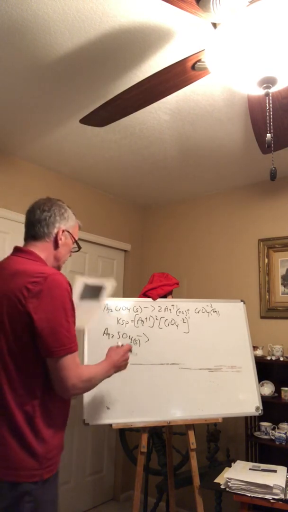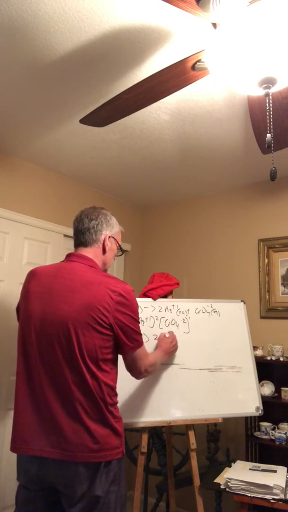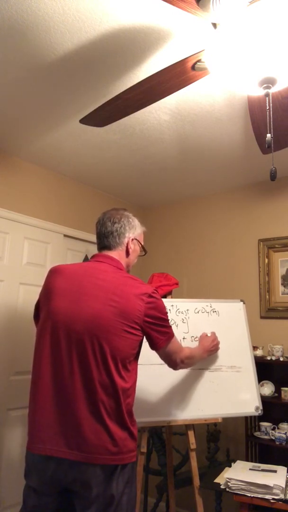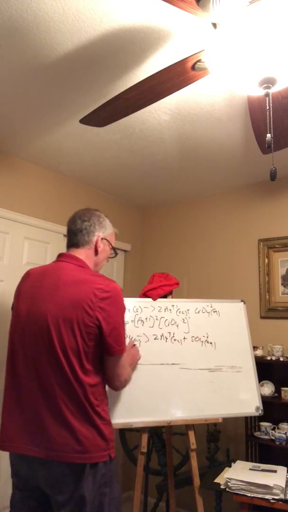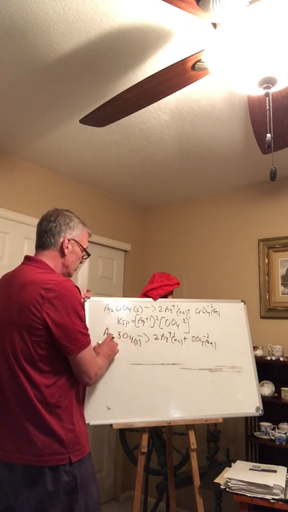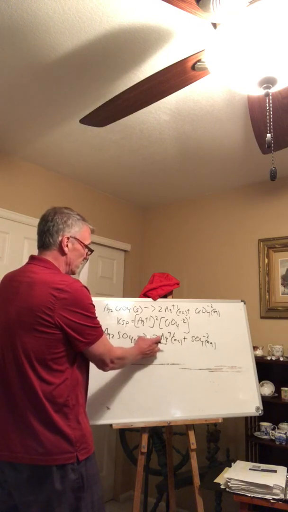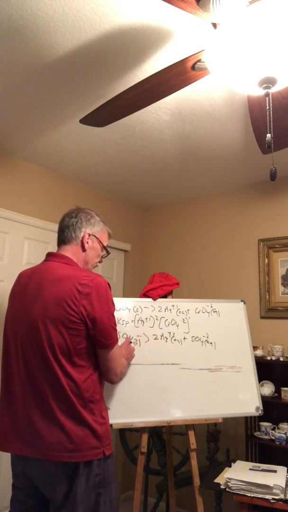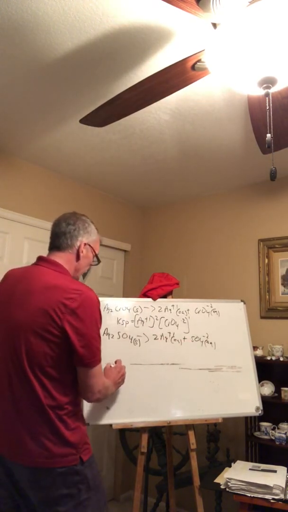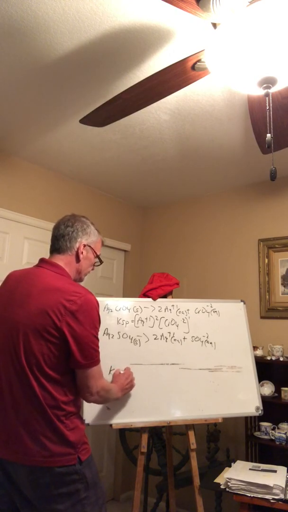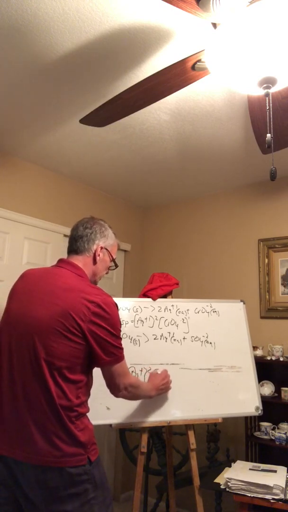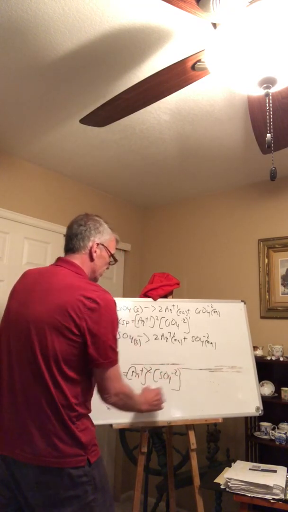So here, the silver sulfate is going to dissociate into silver and into sulfate. And in these Ksp problems, it's always 1 solid on the left and 2 aqueous ions on the right. And again, this 2, because it's not part of a polyatomic ion, became a coefficient, but this 4, because it's part of sulfate, stayed as a 4. So then if I write out the Ksp expression, I'm going to have Ag squared times SO4 to the 2.